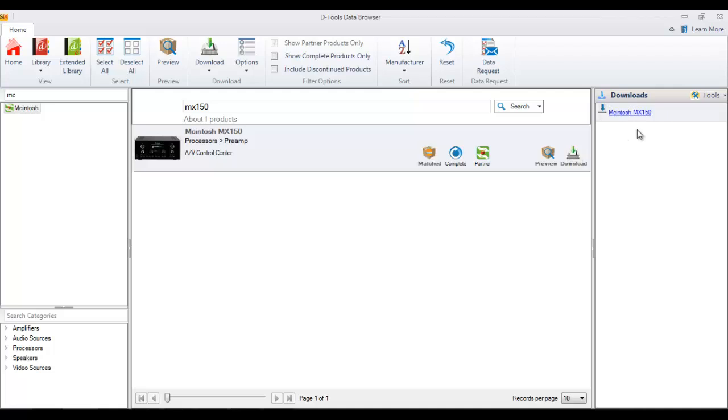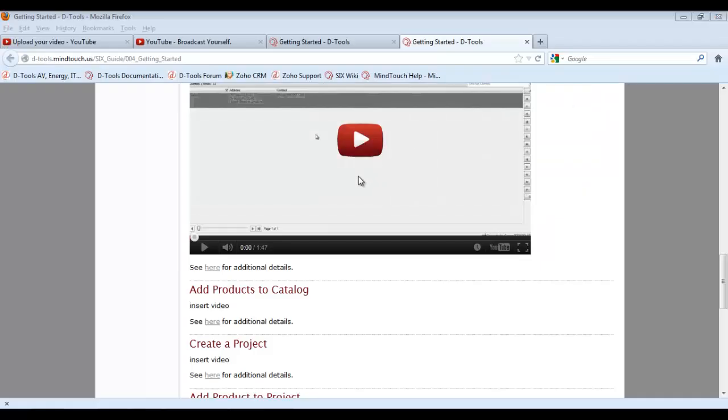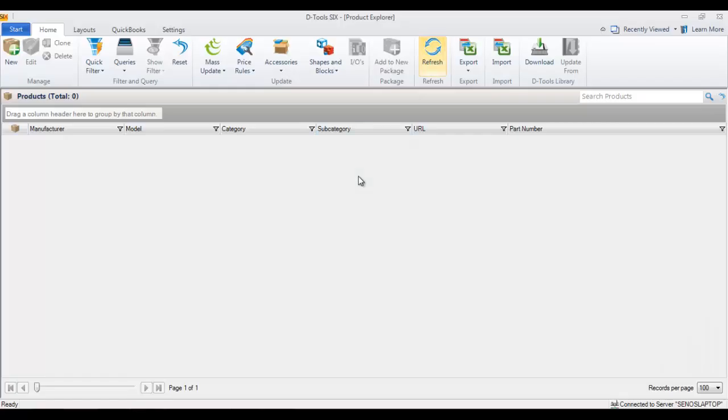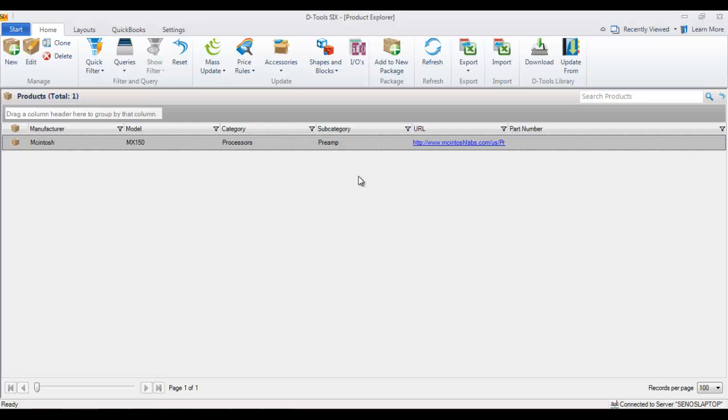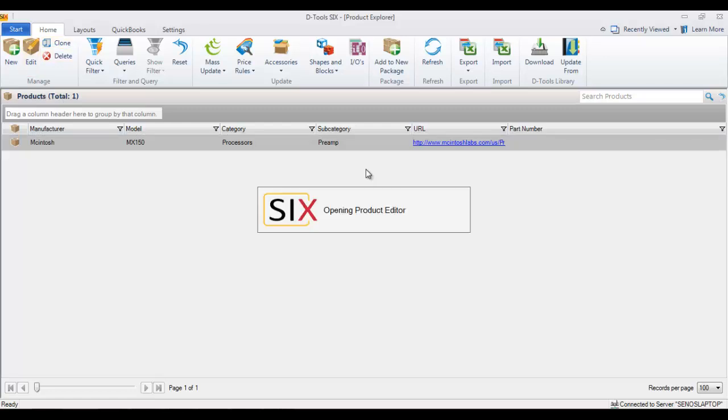This is now downloaded to my 6 catalog. I can go ahead and close the data browser, and then back here in the Product Explorer, I'll go ahead and hit refresh. There's the product that was just downloaded, and now you can open this for edit. You can double click it, or you can click the edit button here, and we'll open up and see what